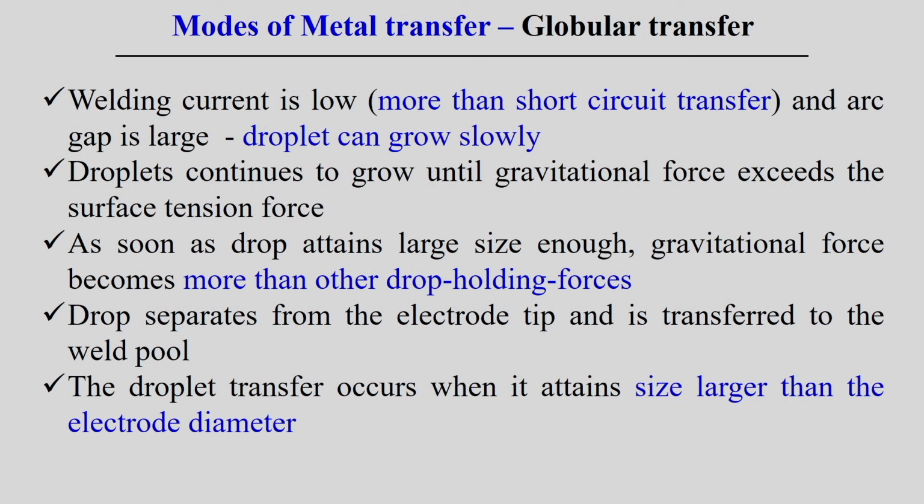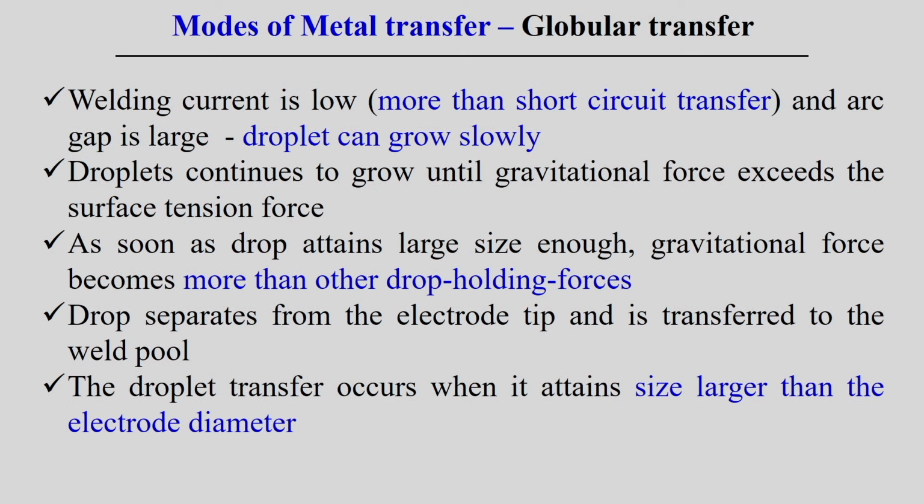There are different kinds of forces normally acting at the interface, such that we can explain the metal transfer phenomena. For example, surface tension force. We know that if there are different media, the surface tension force is very important. We can say surface tension force between the solid and the liquid medium. When the liquid droplet is created at the interface between the solid electrode and the liquid droplet, some kind of surface tension force will be acting. This surface tension force definitely influences the droplet transfer.